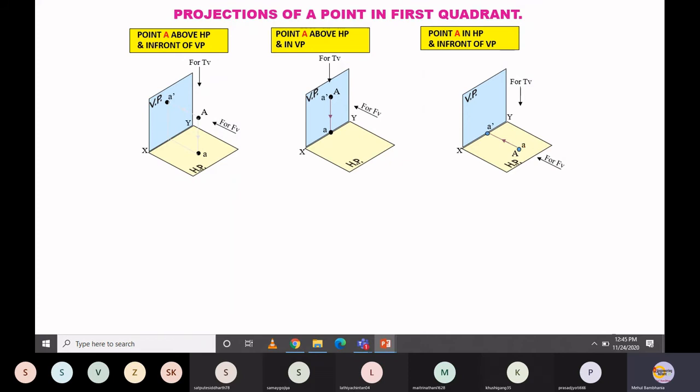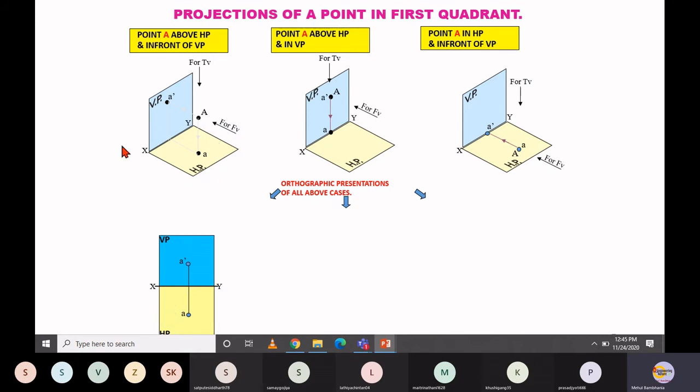So these are the three possibilities we discussed. See, if it is a case of a point, there are only three possibilities in which we can put our point in the quadrant, right? So conceptually this is okay, right? But now how our answer should look is very important. Our answer for these three possibilities we can explore in this way. What I mentioned is that initially you have to start with the XY line. Above the XY line everything represents the vertical plane. Below XY everything represents the horizontal plane.